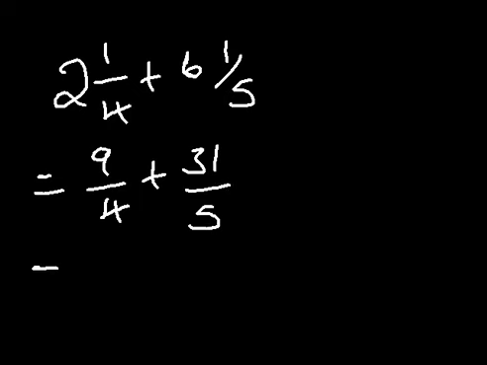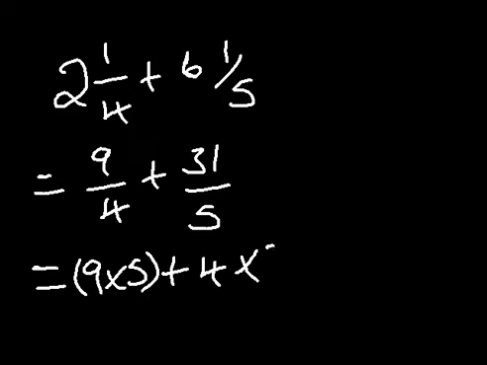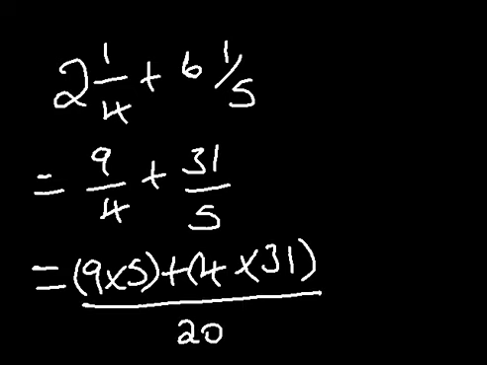Now using the butterfly method, we have 9 times 5 plus 4 times 31, divided by 20. So try to complete that